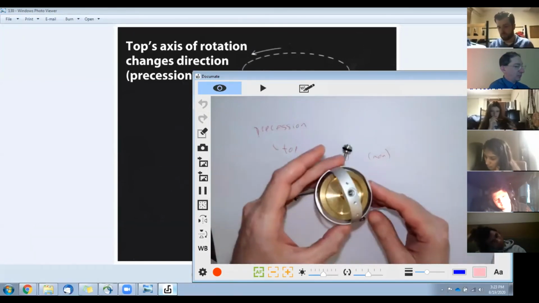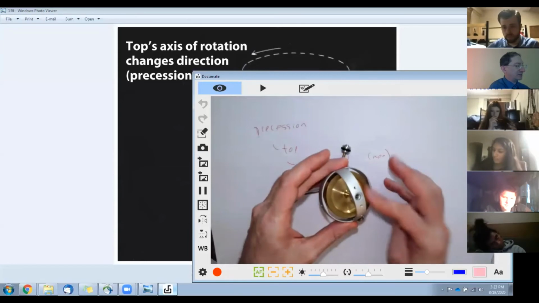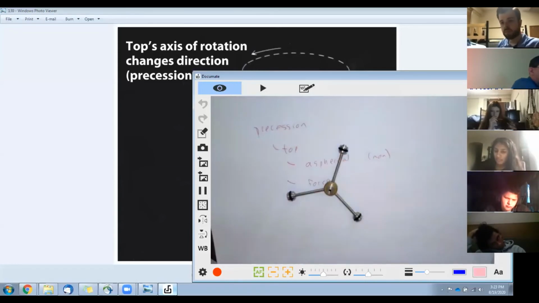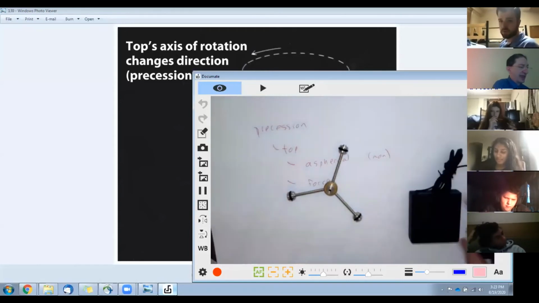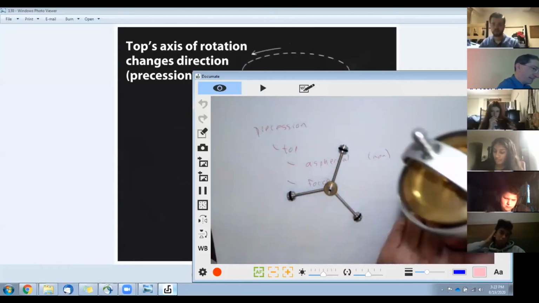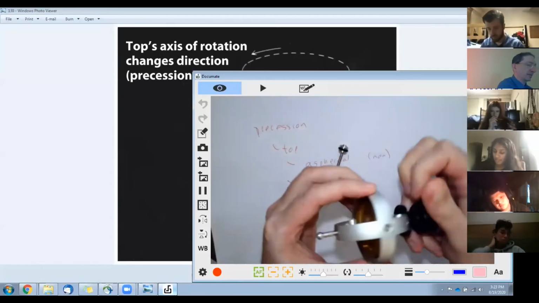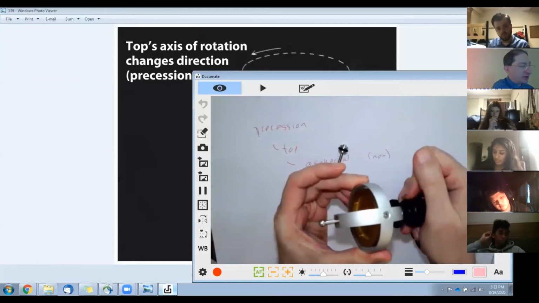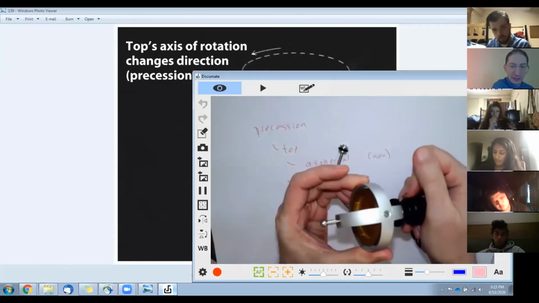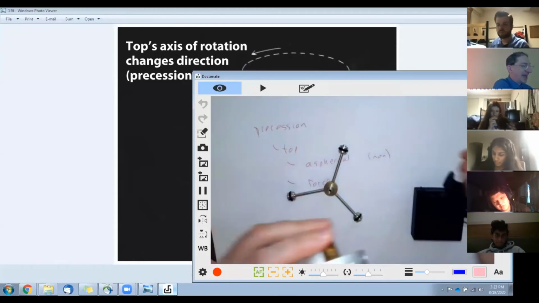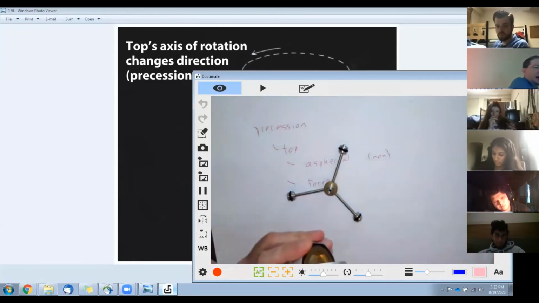And I'll put it on here at some angle once I get it spun up, and we should be able to see it precess. Now I have to really spin it up a lot faster than I can with my hand. So there's a little motor here. Let me connect it. Okay, it's accelerating. I don't know if you can hear that, but I can hear that. I'll let it get a little bit faster. Okay, now detach it. I'll turn that off because it's loud.